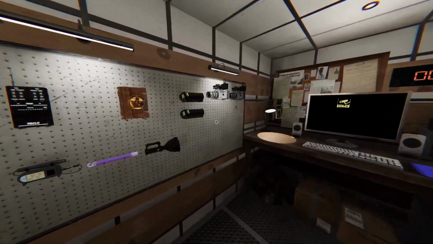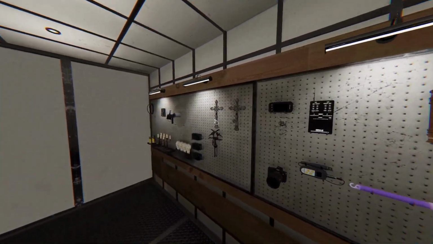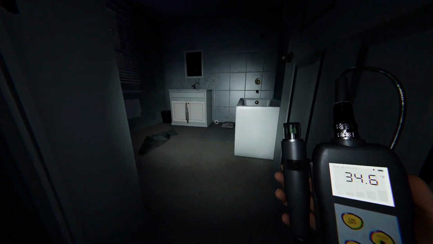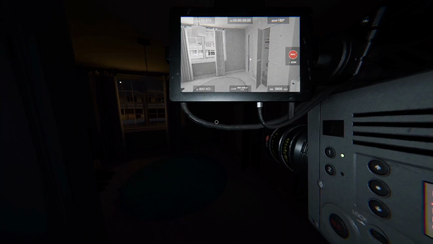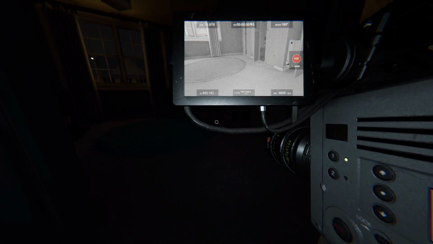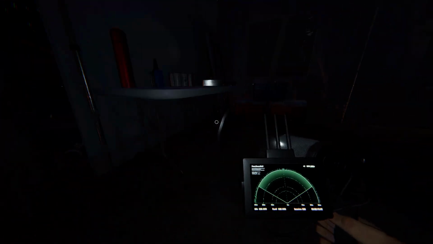Your character needs to interact with each piece of equipment in order to check for clues about the ghost you're dealing with, so this means reading temperatures with a thermometer, checking for ghost orbs inside of an infrared camera, detecting paranormal noises on a parabolic microphone,